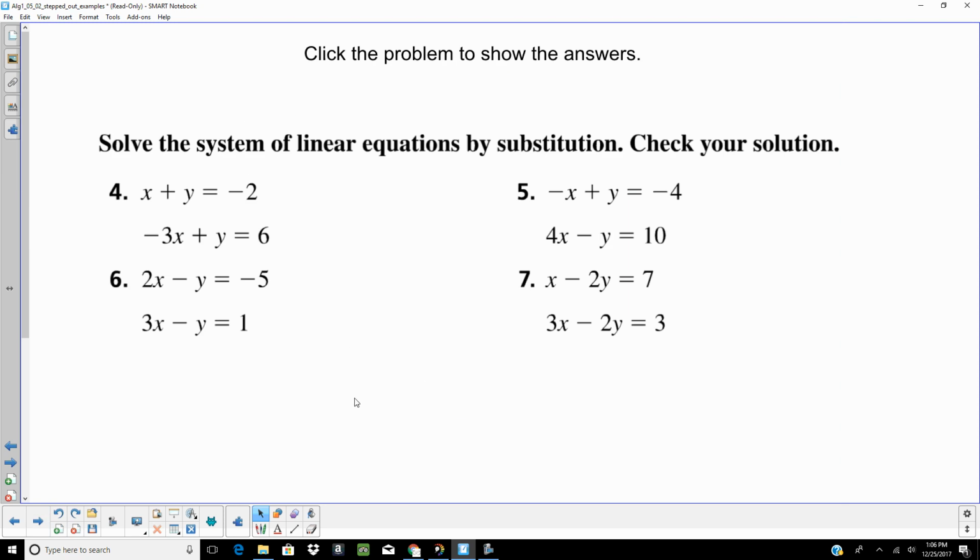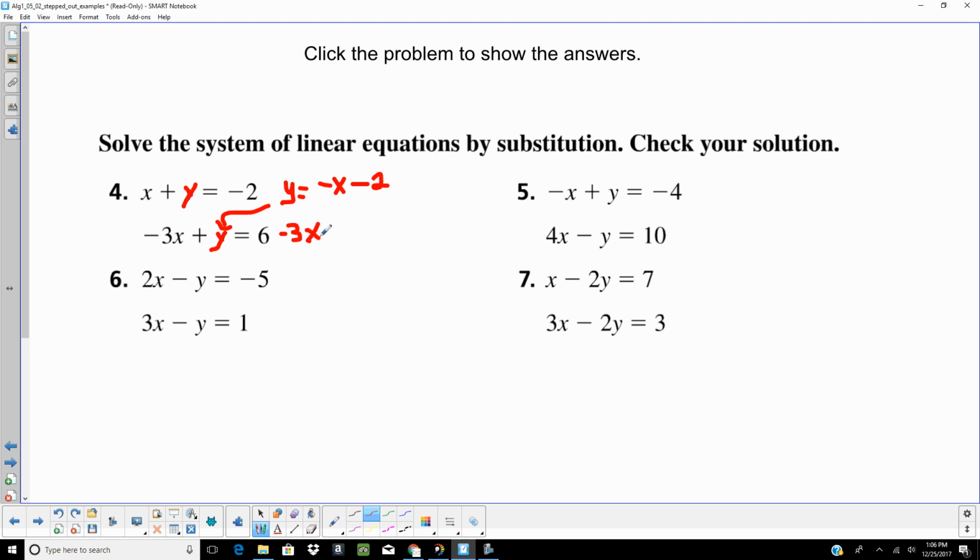Tell you what, I'm going to get you started on one of these, and I'll let you try the other ones on your own. So on this one, I'm going to solve for this y right here. So that means I need to subtract x from both sides. And when I do that, I'm going to get y equals -x minus 2. I'm going to take that and substitute it in for my y value into the second equation. So